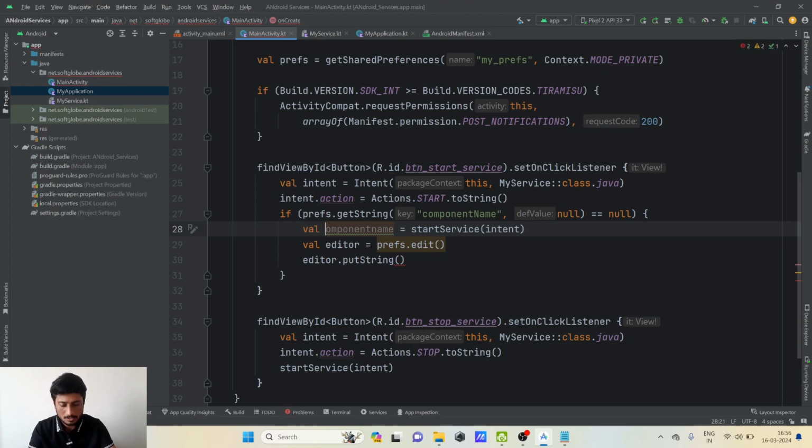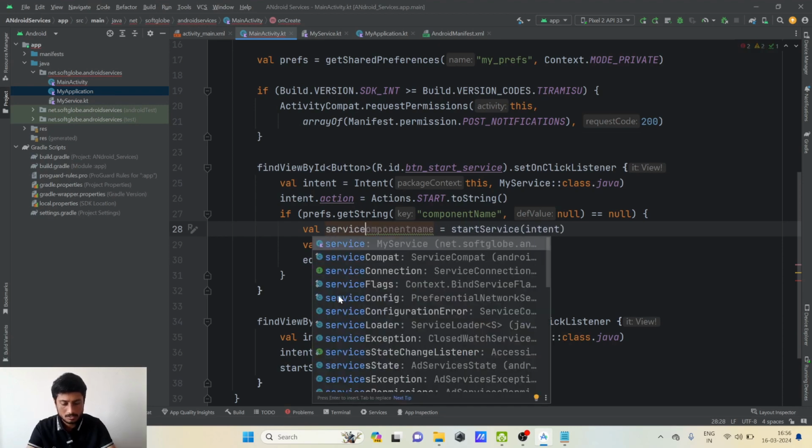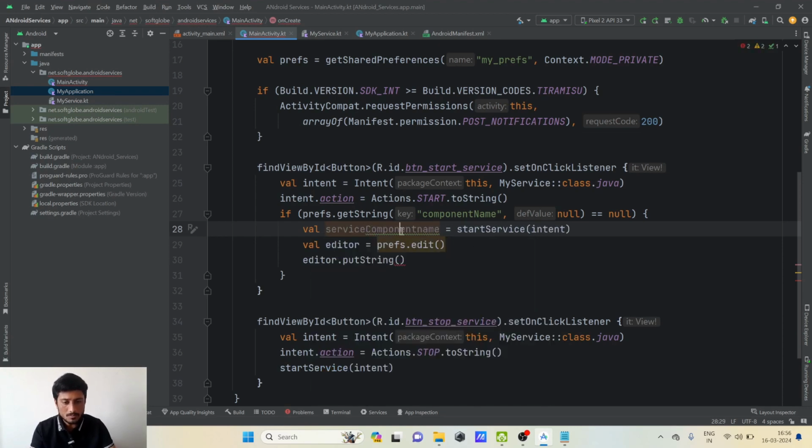Let's say service component name, and we'll put this value here. Put string service component name dot toString, and we'll assign that with the key, that is component name itself. Component name. Yes. So what this will do,